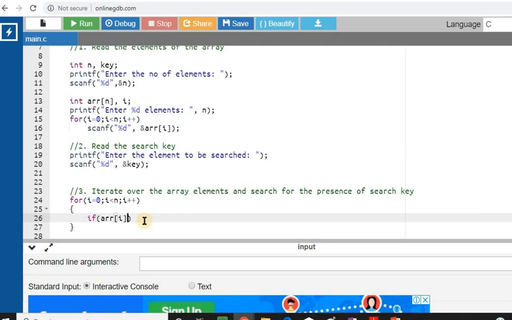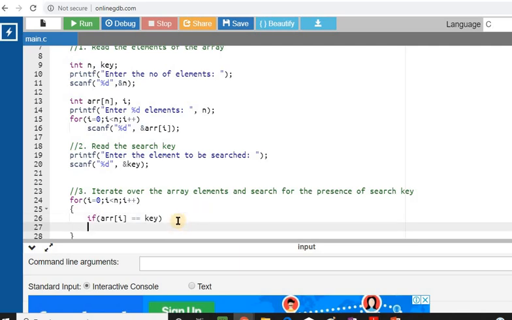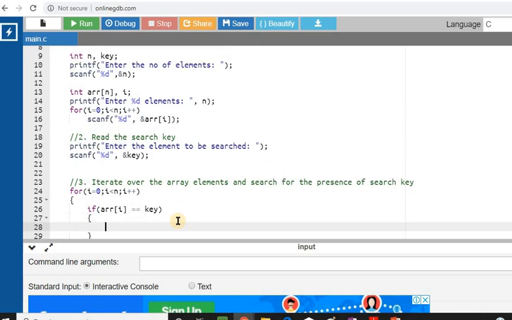So I am going to compare array of i to key. If the value of array of i is equal to key, then I can print that the element has been found.